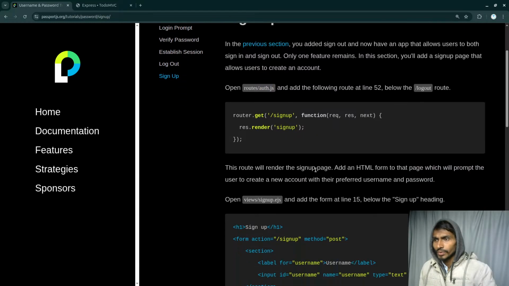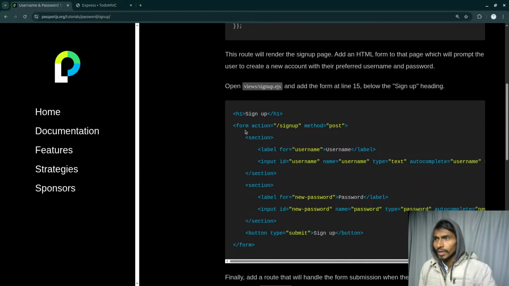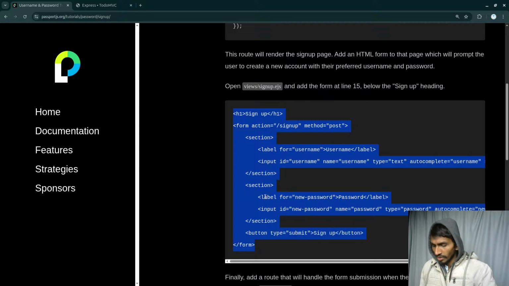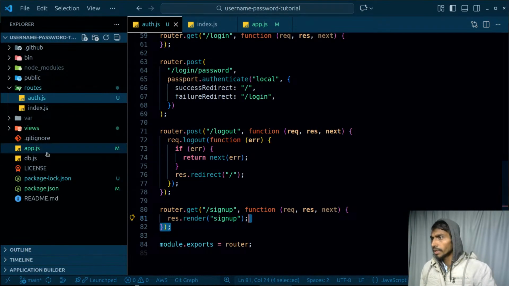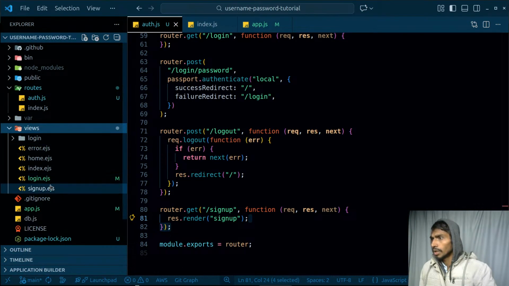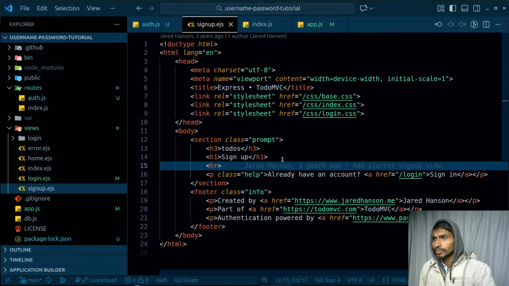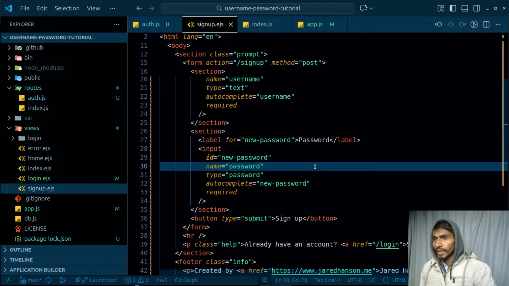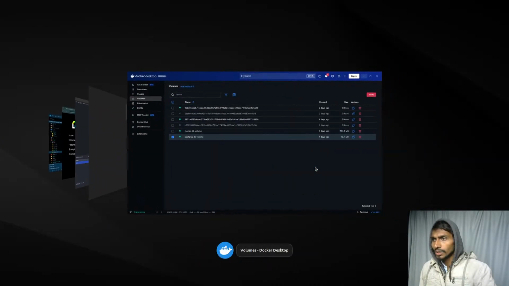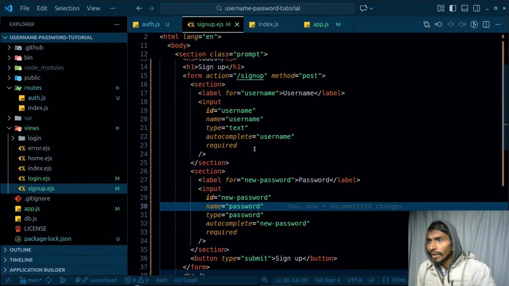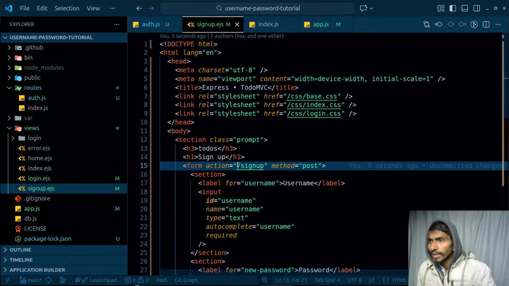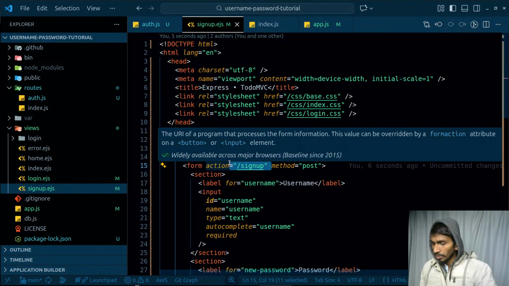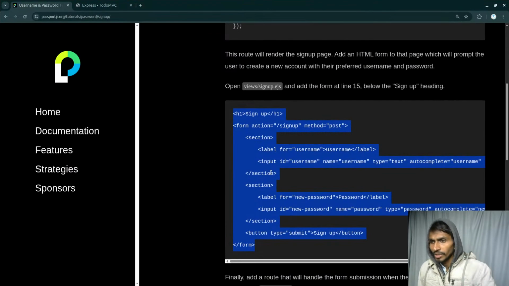And after that I'm gonna be just adding this particular form inside sign up. So let's even do that. View sign up inside this particular thing over here. I have to just simply replace it with the current code that I got. After that, one more thing, over here where am I redirecting the user to /sign up, right? So the user will be signed up automatically, and method is gonna be post.